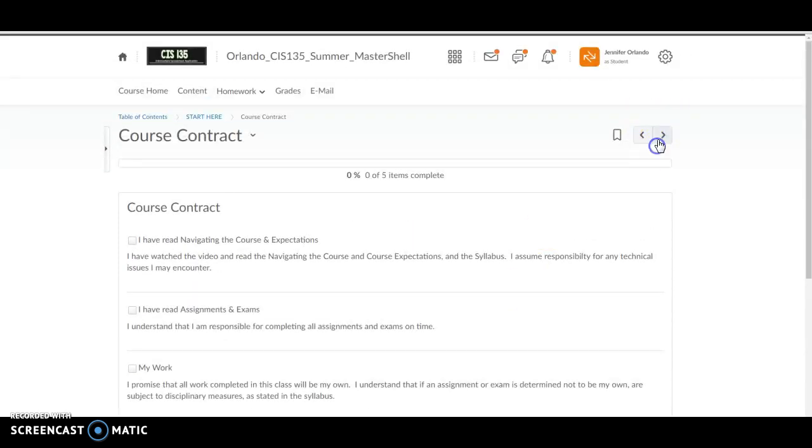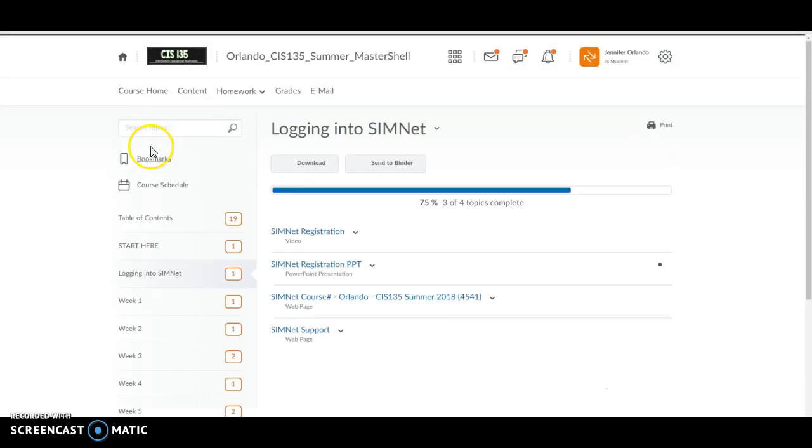I'm going to go to the next, and that's going to take us to the next folder, logging into SimNet. This will show you how to get logged into SimNet. There's a video on the registration. There's a PowerPoint on the registration, whichever one you want. Once you see the first few seconds of the video, you'll probably understand how to get into it, or it's